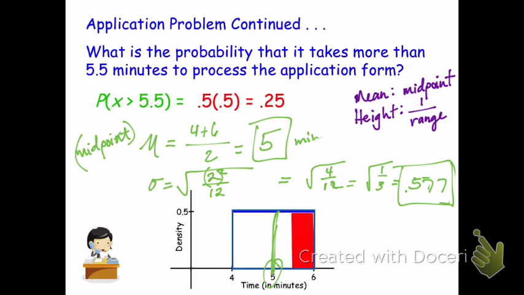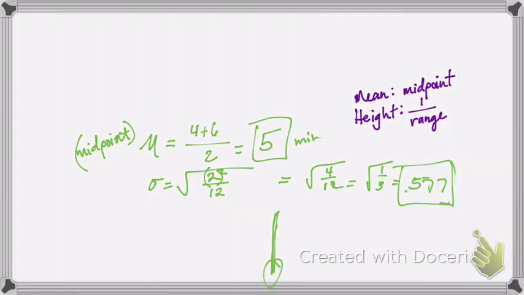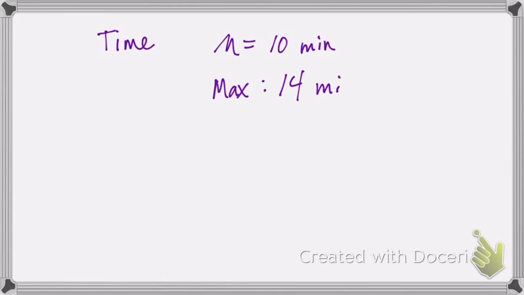Sometimes questions will only give you partial information, so I'm just going to make up an example because I don't know why it's not on the PowerPoint. Let's say they give you a question that's a continuous distribution of time, and the mean is 10 minutes, and the max time is 14 minutes. And then they ask you for the probability